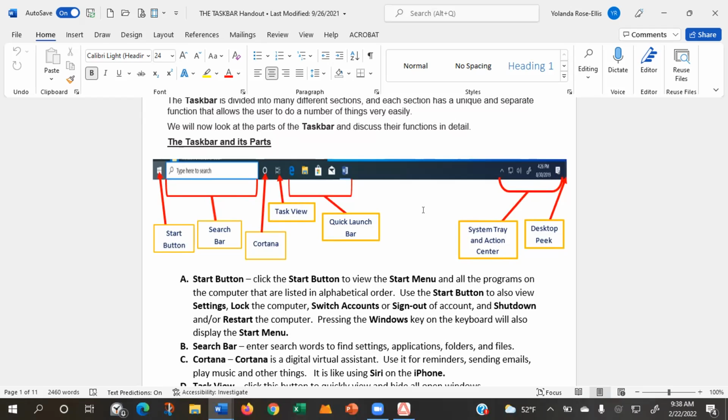And you'll see one of those names in this document. And then to the right of the system tray and action center, what do we have? Desktop peek. Yes, the desktop peek. The desktop peek is